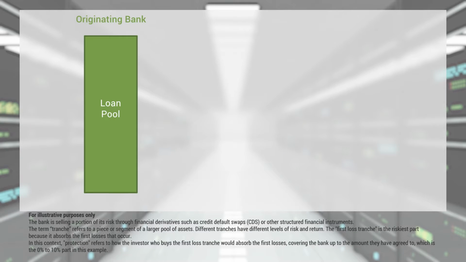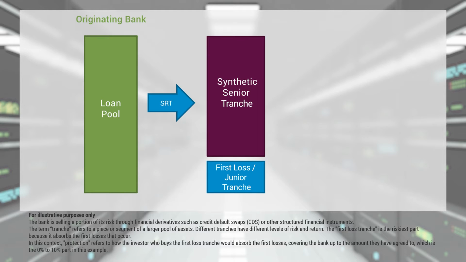to corporate-related exposures. Banks are able to free up capital by selling into the private credit markets the first loss tranche. This can be the 0 to 10% part of a capital structure, for example, and for that, the investor will be paid a yield for the risk that they are taking. The bank does continue to retain exposure to the portfolio and will bear losses which exceed the protection provided by